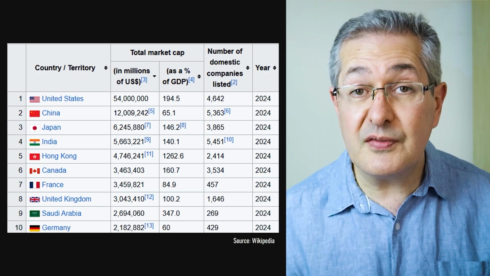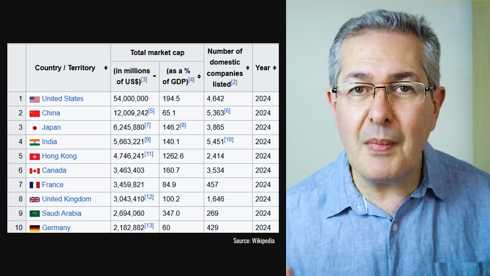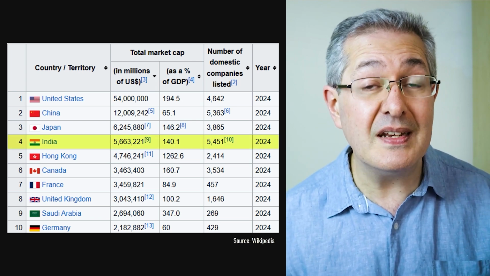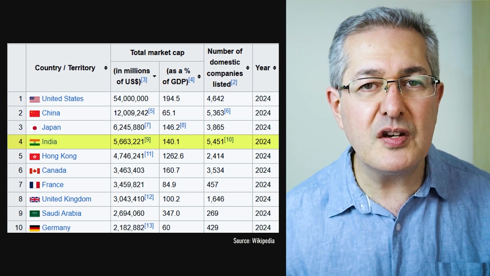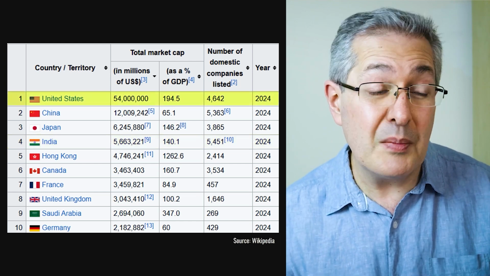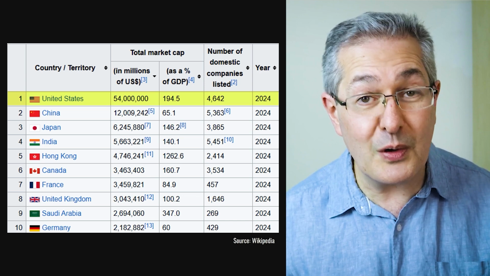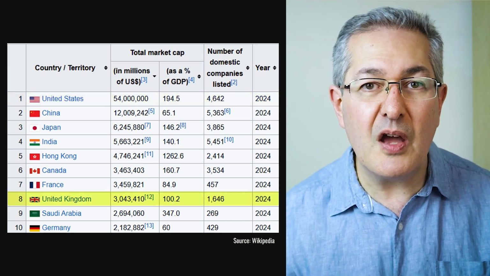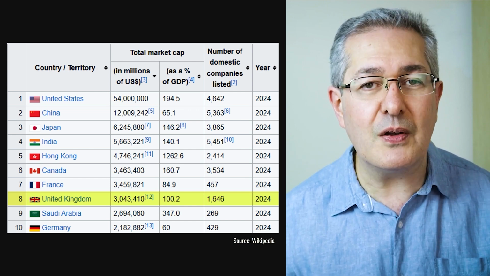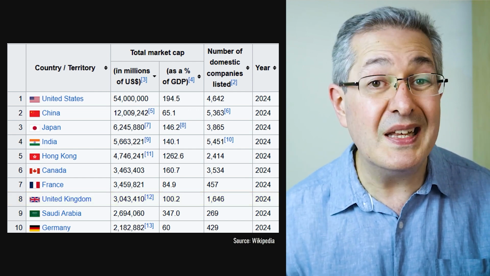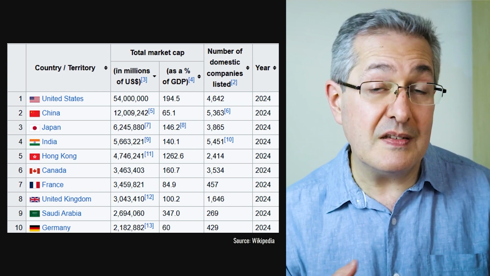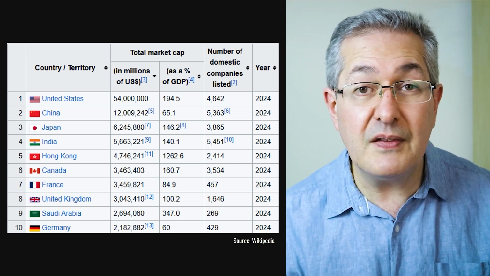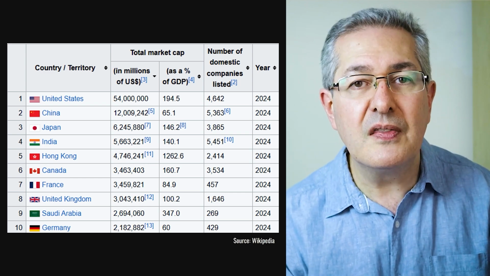The second compelling case for Indian equity is to do with market structure. Now, this data is as of 2024, and it shows you the market capitalization of various countries' stock markets, and India is in at number 4. So its market capitalization is just under $6 trillion, compared to the US's $54 trillion. That doesn't look very large. But bear in mind that countries like the UK only have a market cap of about $3 trillion. So certainly this is a very large and liquid market, which means that as an investor, the trading cost might be reasonably low. And it's also a sign of the vibrancy of the market itself that liquidity is there in the first place.